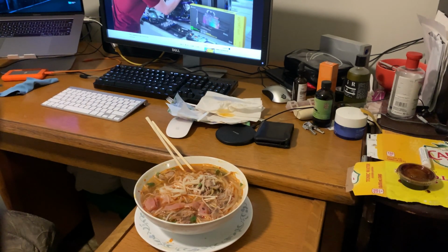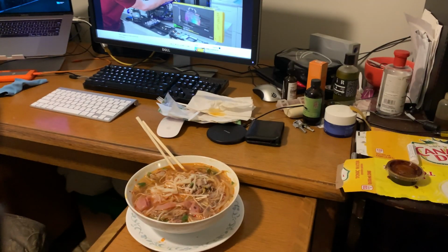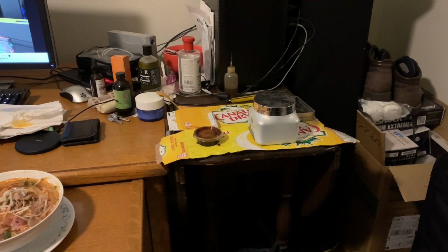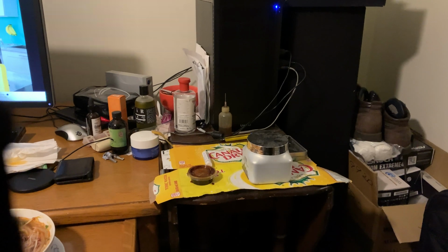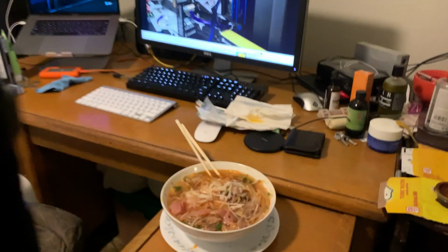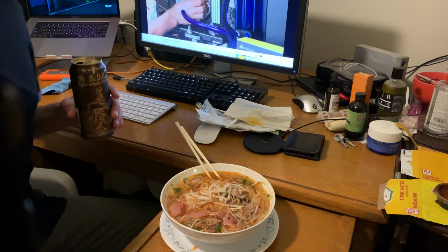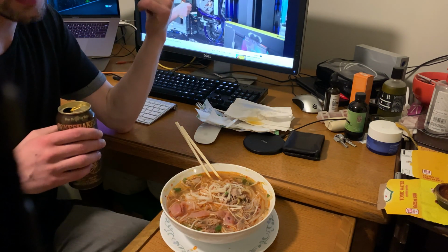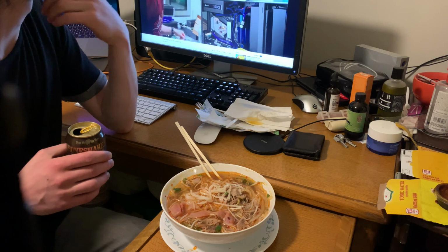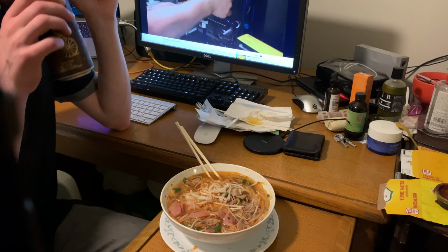My Lian Li rig, which you can't really see too well, but my Lian Li rig right there, was built in September 2016. I haven't really messed around with computers at all since then. And you know, this computer is absolutely great. It's got a 6700K and a 1070 GTX, so it's still pretty much